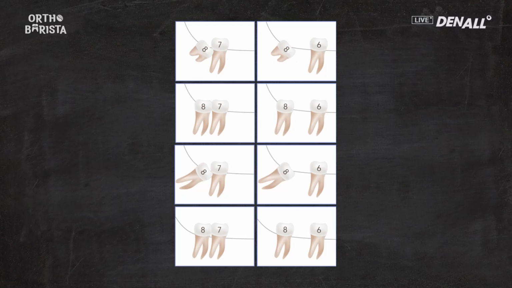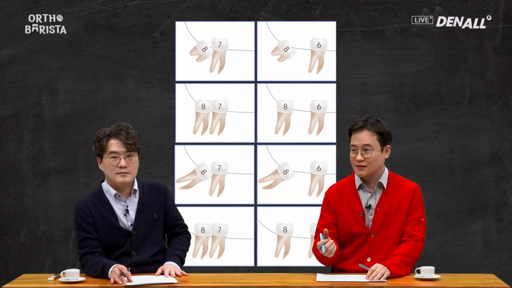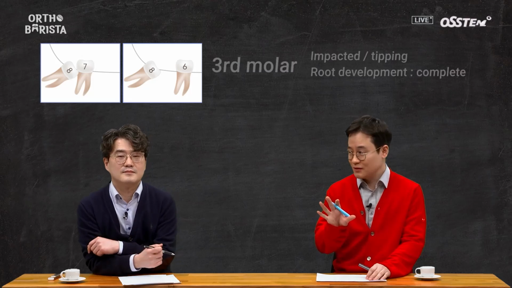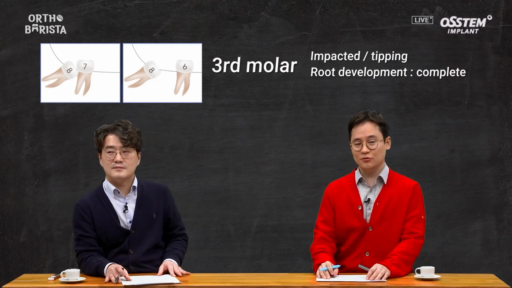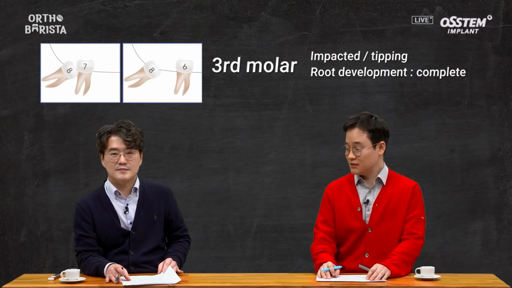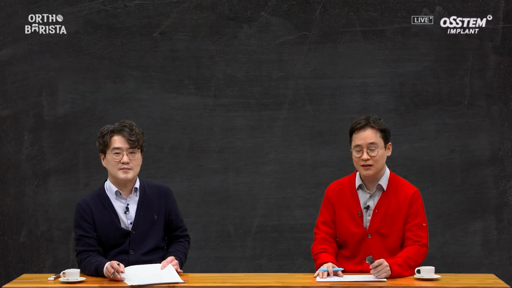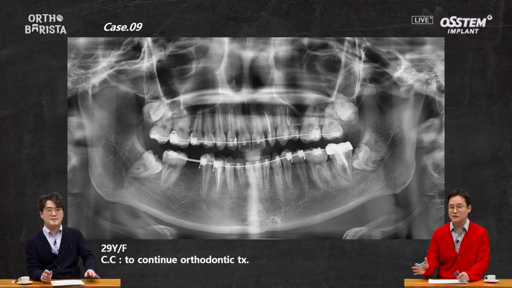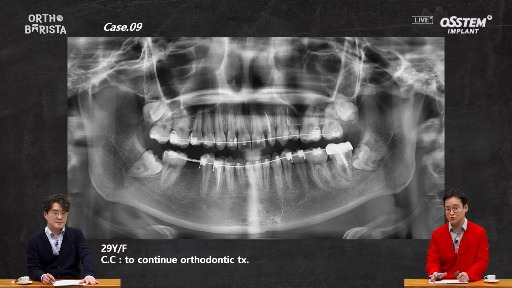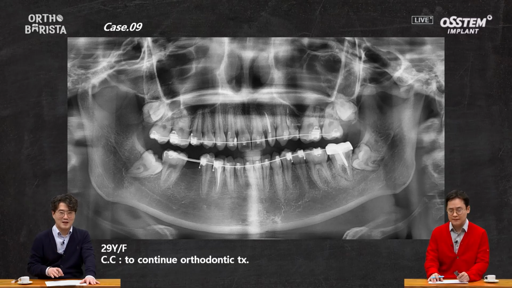The cases we will discuss today involve wisdom teeth with well-developed roots that are tilted forward. We'll explore how to pull these teeth upright and whether they respond well. This patient had been receiving treatment at another dental clinic. They initially planned for an implant in the 46th position. However, when the clinic suddenly closed, a situation that's becoming more common, I had to take over the treatment.